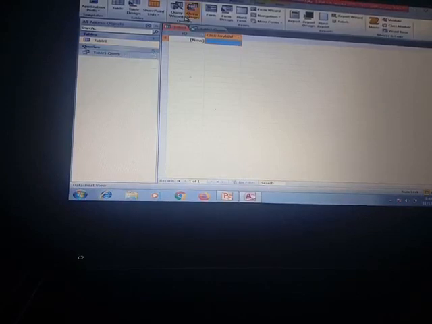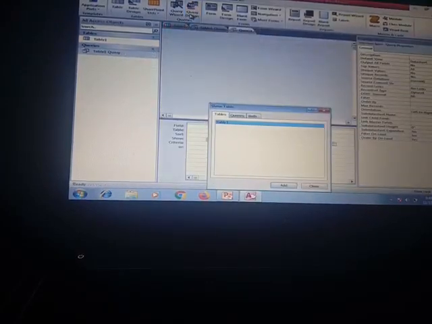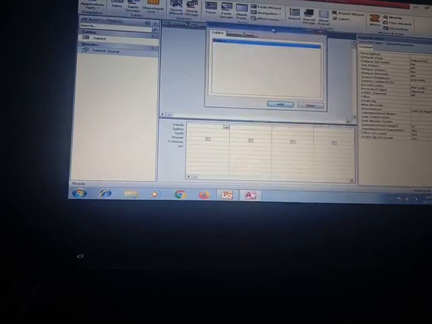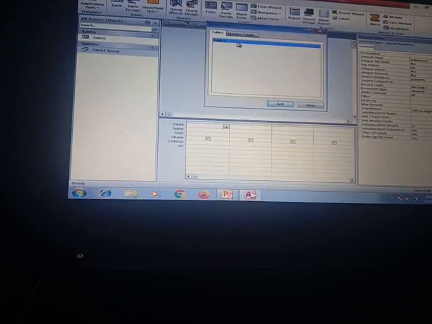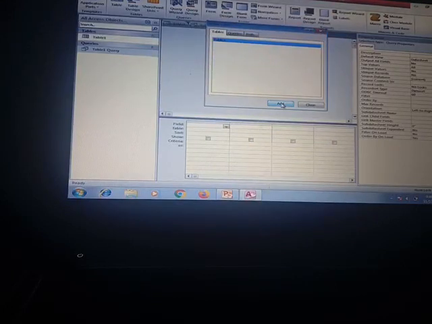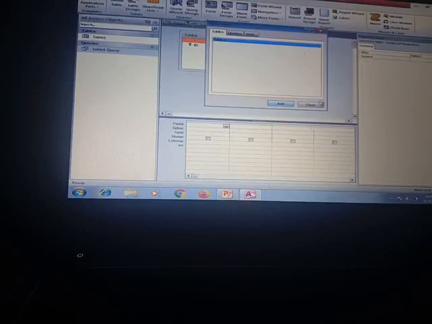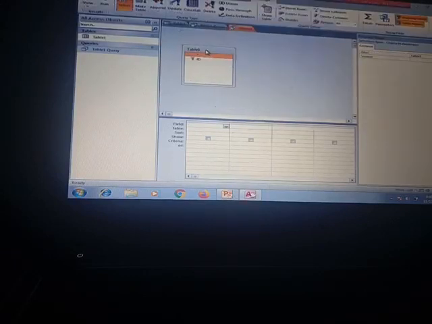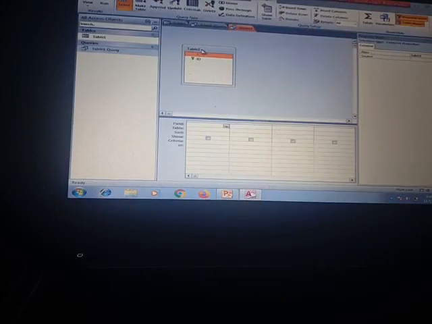Suppose if you want a query design, you have to click here. See, the upper pane is showing the tables. There is only one table, so we can add that particular table and close. So the upper view is showing the tables. As there is only one table, it is showing table 1, and the bottom pane is showing you the design grid.